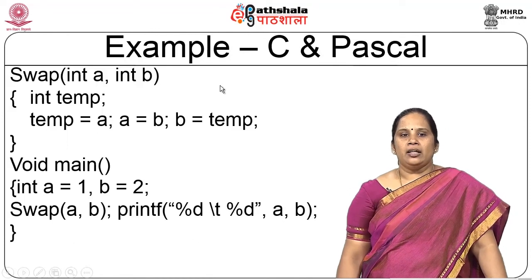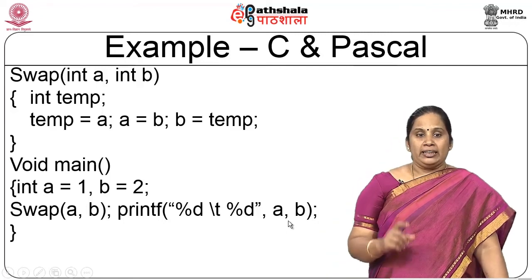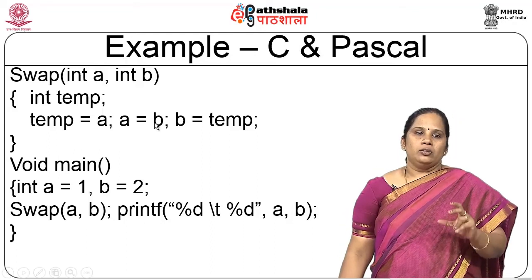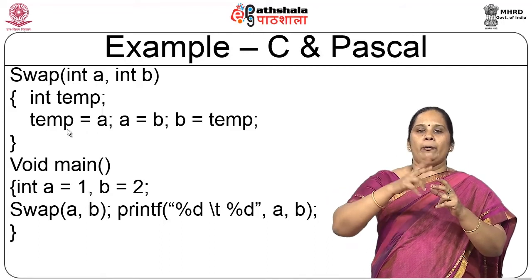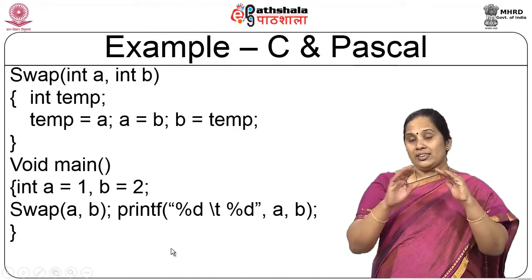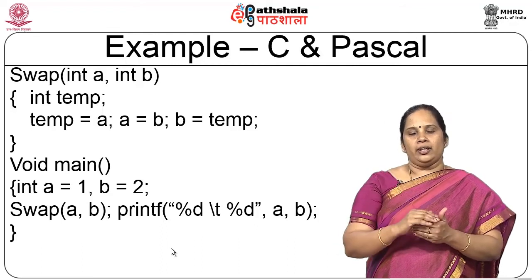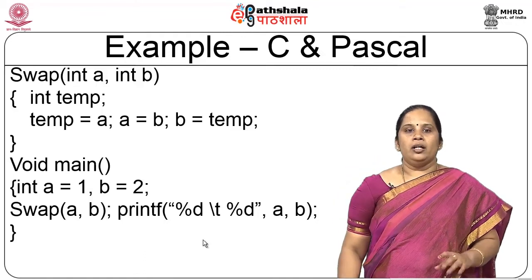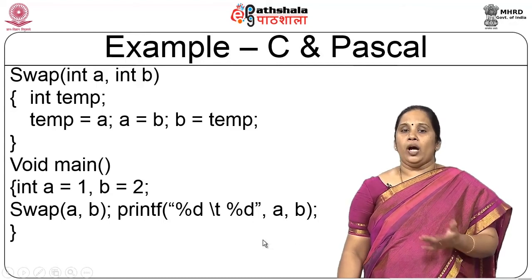So what happens here is 1 comma 2 is passed, but this is passed as a value, meaning that the calling stack will basically have the values 1 comma 2. So what this function does is takes in the calling stack, it is trying to swap 1 comma 2, but once the function returns, the calling stack is gone. Now where is the calling stack? The calling stack is available as an activation record. So once the function returns, the activation record is gone, therefore the values which have been swapped are also gone. So therefore in this scenario of call by value, the swap will basically not take effect.